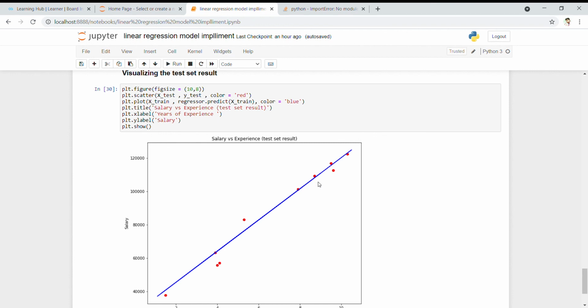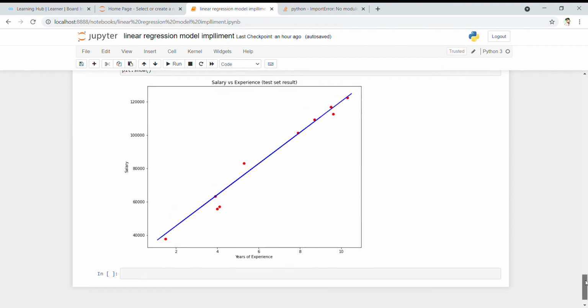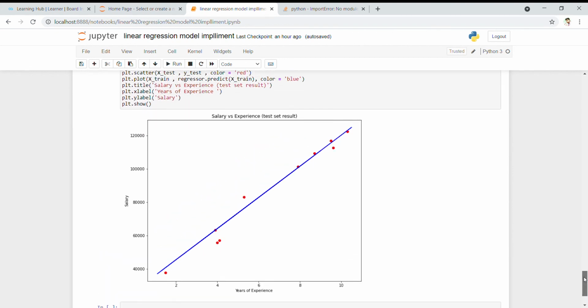When we run this, we will have a more accurate prediction of the values than earlier in the training set, because in the test set we can see that the red dots are closer to the predicted values, and only some values are a little far from the predicted values. So it is quite accurate, and the linear regression model fits a best line and the best predicted values according to our dataset.